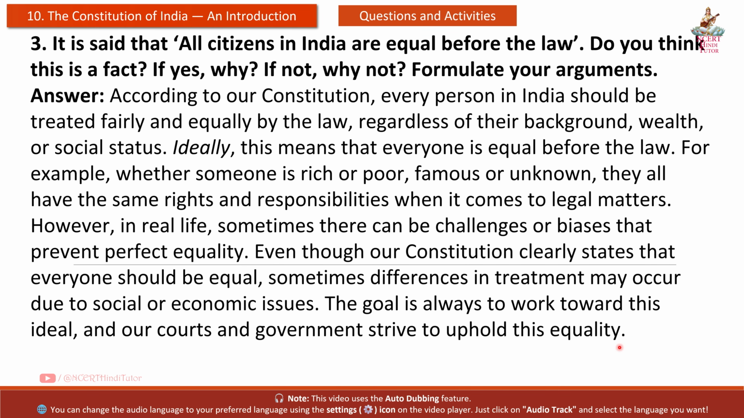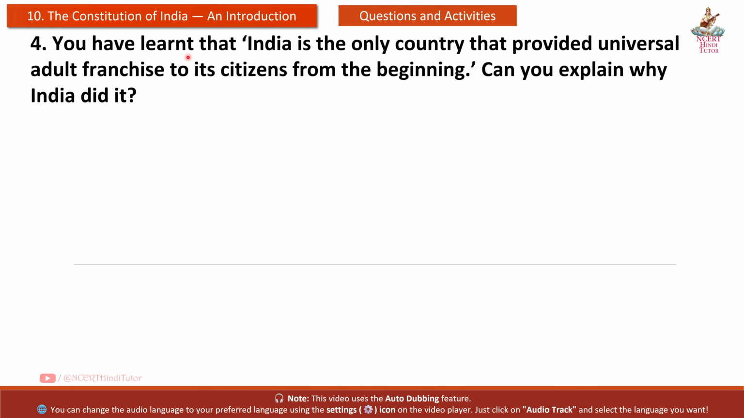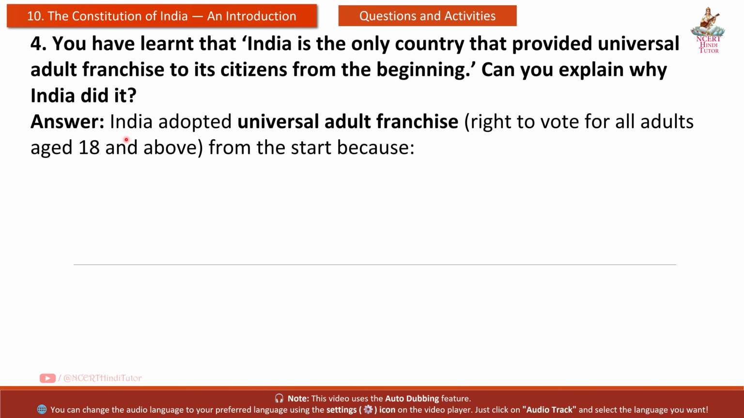this equality. Question 4. You have learnt that India is the only country that provided universal adult franchise to its citizens from the beginning. Can you explain why India did it? Answer: India adopted universal adult franchise, the right to vote for all adults aged 18 and above, from the start because